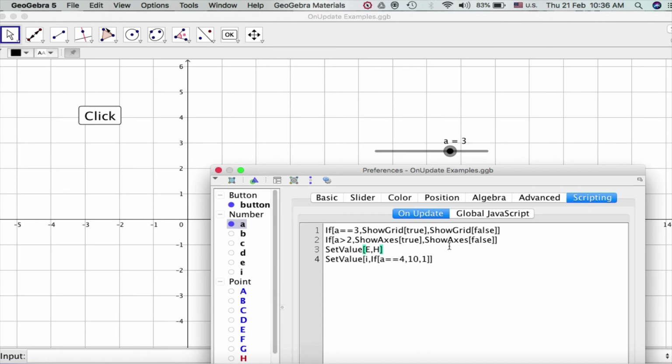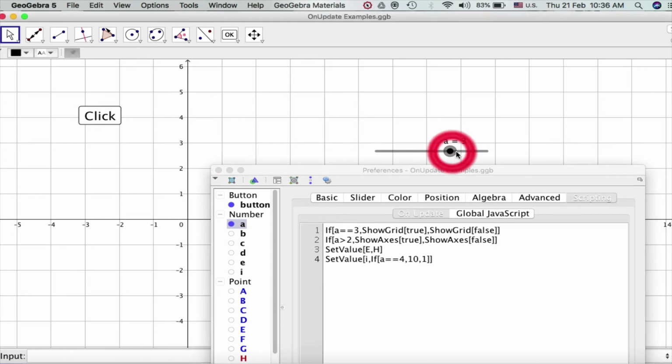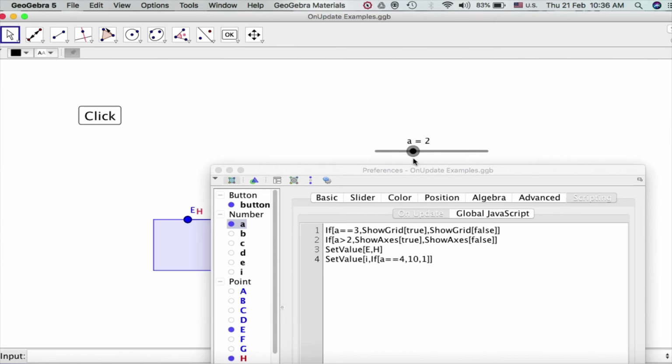But for 1 and 2, it should not be, because both of those aren't greater than 2. So let's see if I can move this. Yeah, I can move it. So the axis is shown there and there, but not there or there. So that checks off. The next one says set value e to h, and what that means is that sometimes